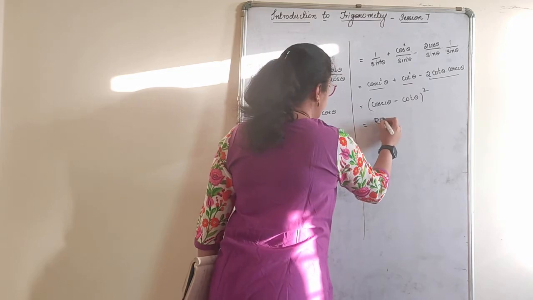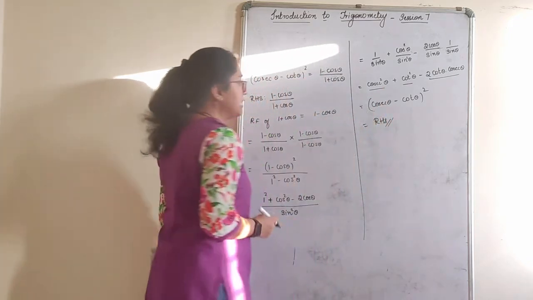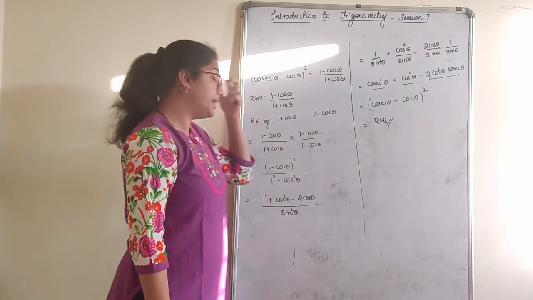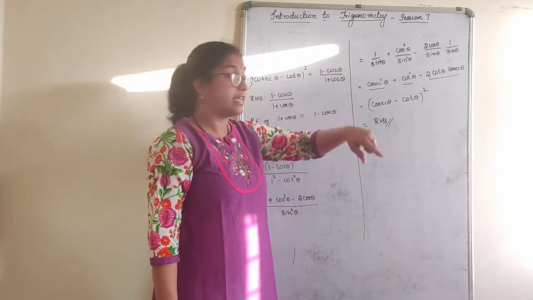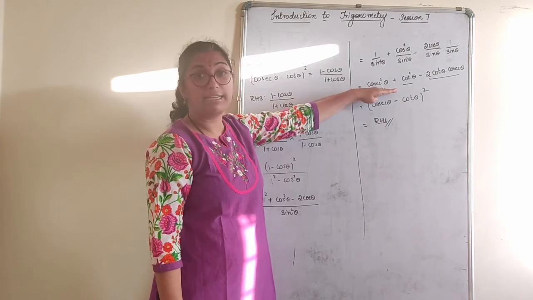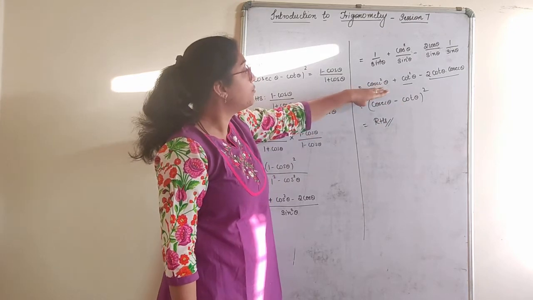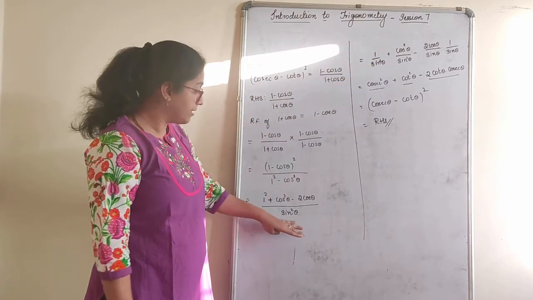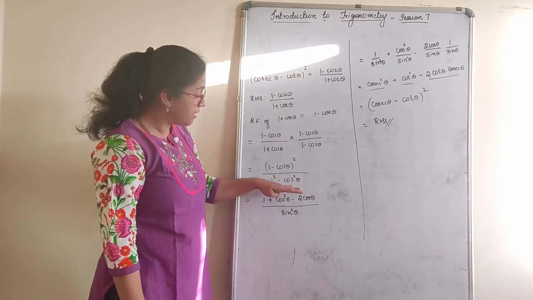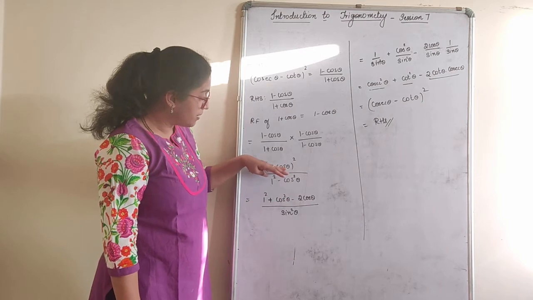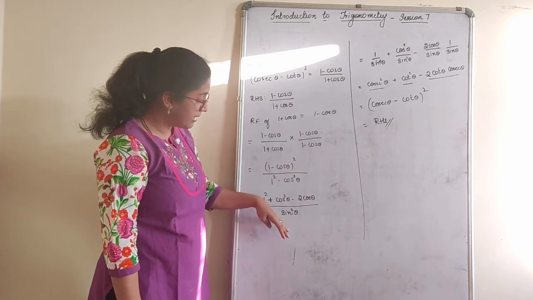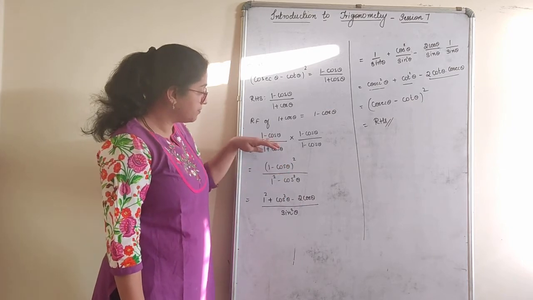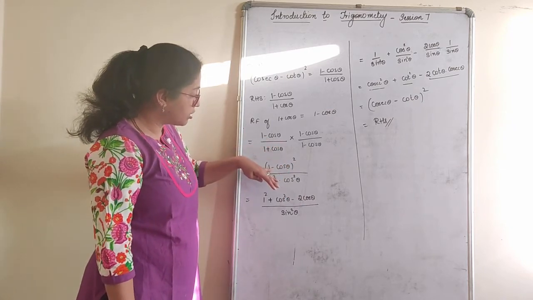Now just see here. Suppose you had taken LHS to prove, how would your steps be? Your first step would be this. Your second step would be splitting the identity. Your third step would be reciprocal ratios. Your fourth step would be writing it common. Your fifth step would be writing this as 1 minus cos square and this sine square as 1 minus cos square. So 1 minus cos square split, or 1 minus cos square keep as it is.